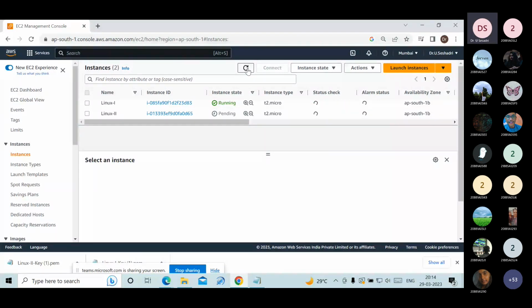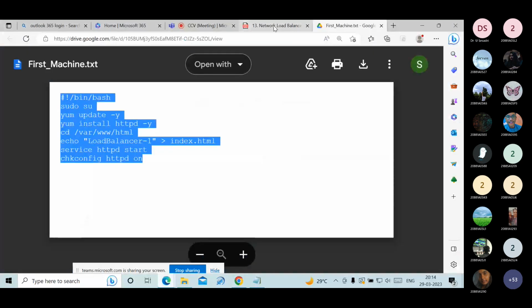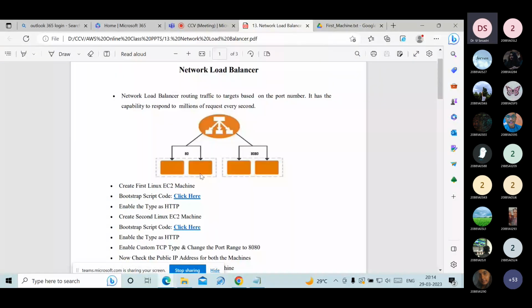This is the procedure we have to follow to apply a network load balancer. The network load balancer routes traffic to targets based on the port number only. If you give 80 for this server, the load is applied. If you give another port number like 81, 82, or 90, then the load is applied for those servers. That is how the network load balancer routes traffic to targets based on the port number. It has the capability to respond to millions of requests